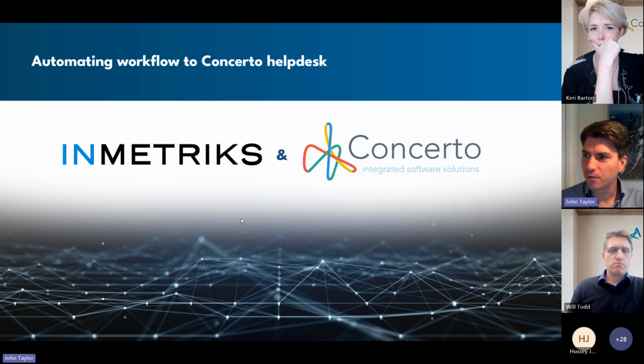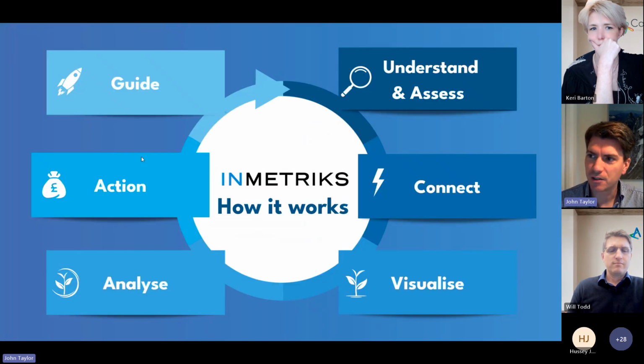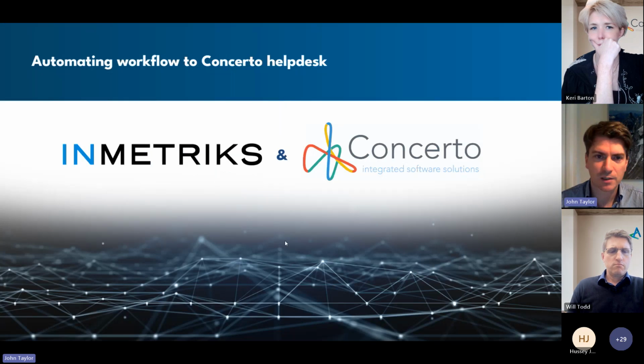So how do we link with Concerto? It's all about workflow, and that final stage. I'll just go back a slide. That final stage of action to guide is often a big jump to make, and there's often a lot of challenge in the way. Sometimes it's people related or workflow related, but making it happen can be difficult. I'm sure we've all experienced that, even sometimes when it's a simple measure.